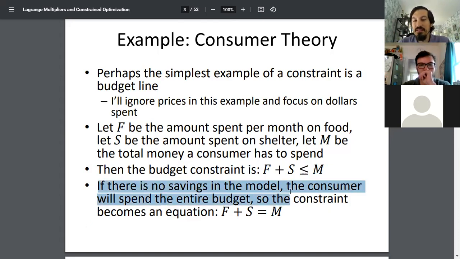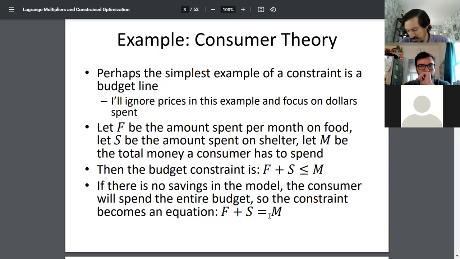What if there's no savings in the model? Okay, this is an even simpler model. You have no reason to save. We'll change this later, by the way. But for right now, let's say there's no prices. There's no reason to save. What does this mean? It means F plus S should be equal to M. And this is almost like a behavioral assumption right now. Why? Because you wouldn't choose to spend anything less than all of your money,